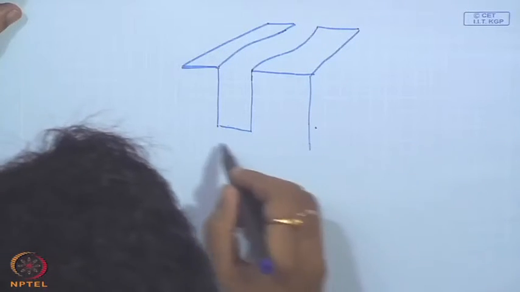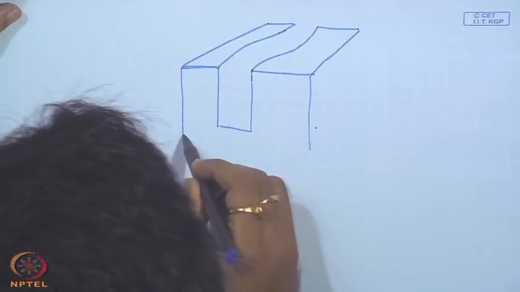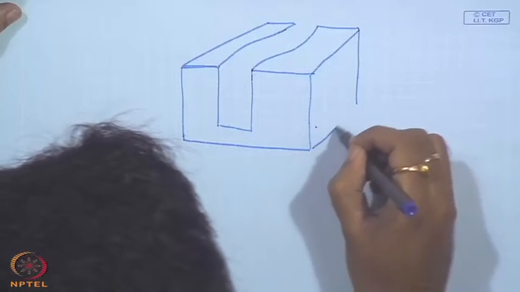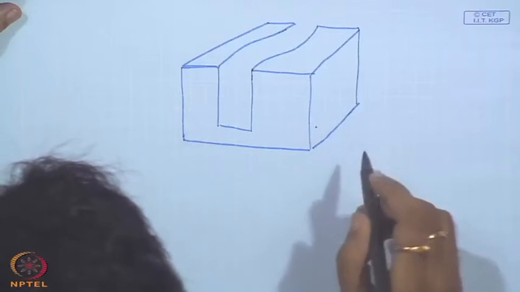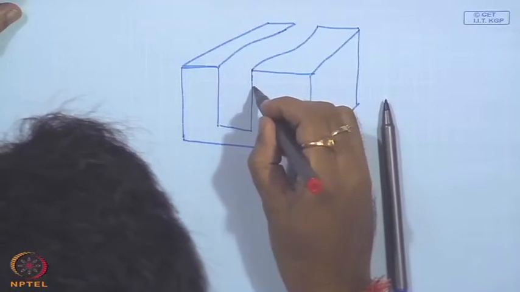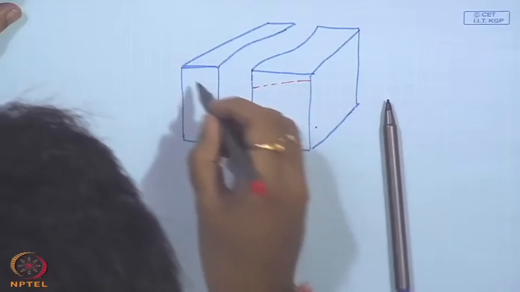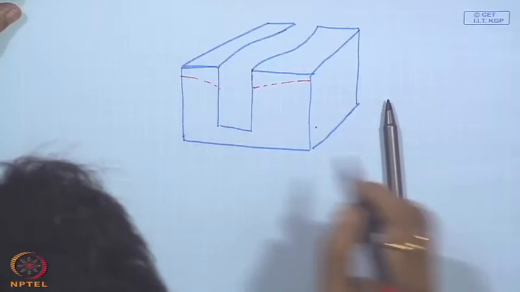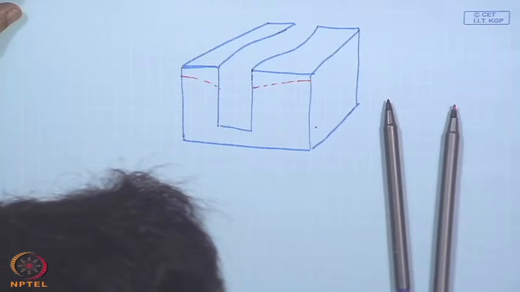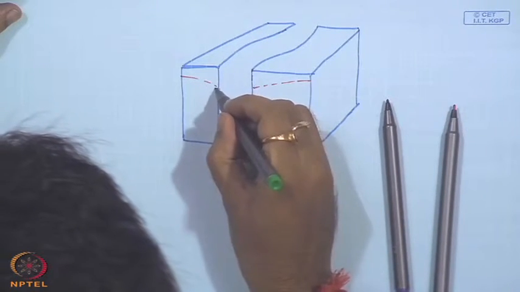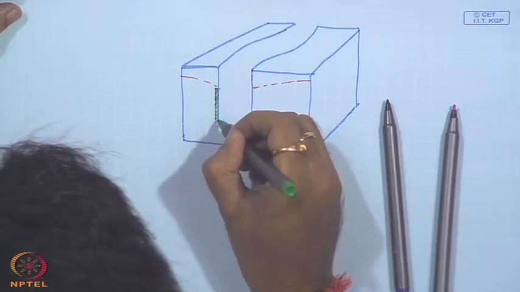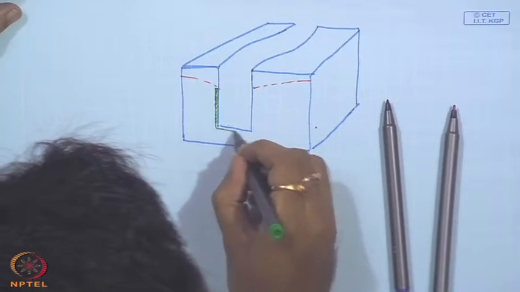So, in that rectangular stream channel, let us say this is groundwater level, and there is one region near to this channel, that is riverbed sediment on both the sides,